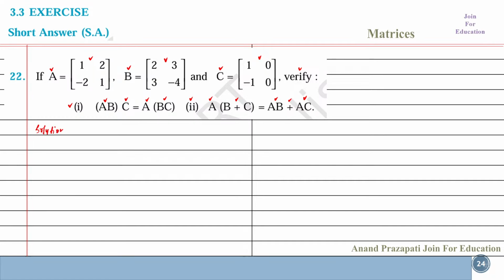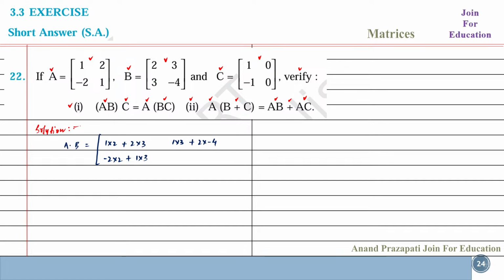So we find out here AB. So here AB will be A into B equal to 1 into 2 plus 2 into 3 and 1 into 3 plus 2 into minus 4. However, there is no problem to understand up to this step, and here minus 2 into 2 plus 1 into 3